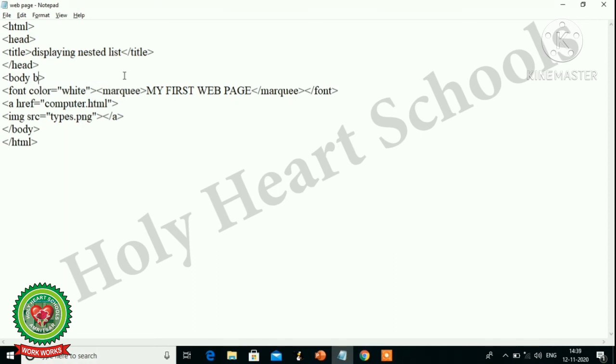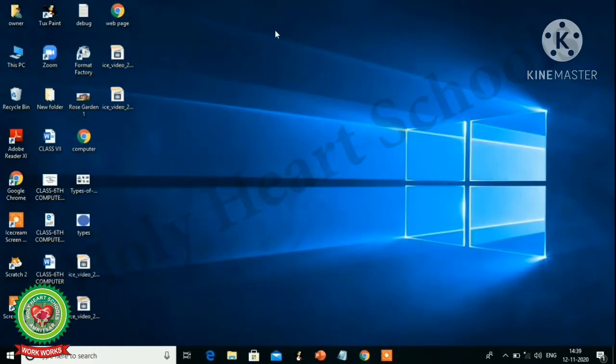In the place of bgcolor, I am going to give the background attribute is equal to, and here you can type the image name. Like on the desktop I have one image, and I am going to take this one, Rose Garden 1.